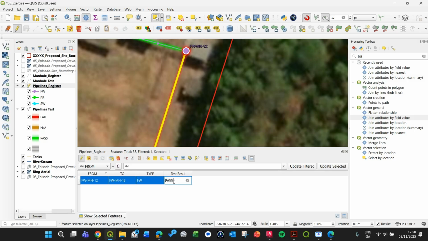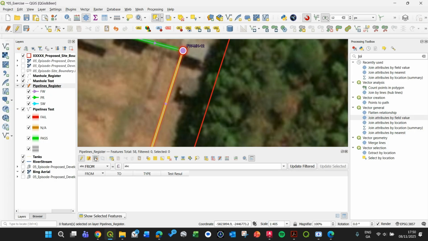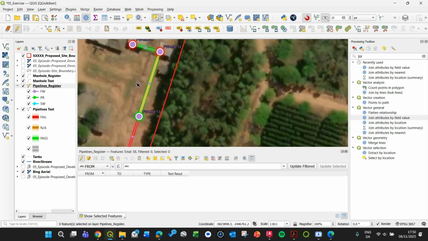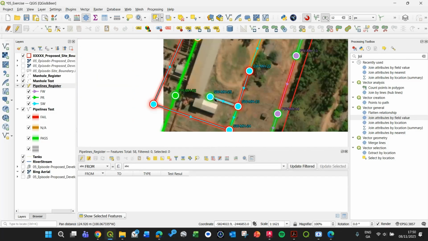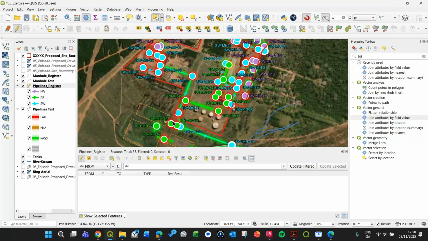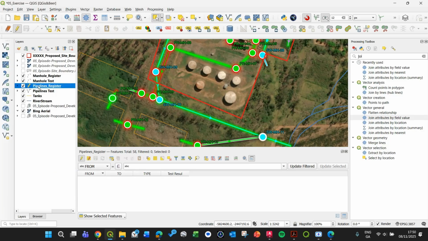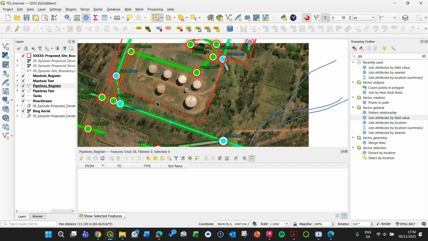I'll type test and save. See? And it is ready, good to work visually with the